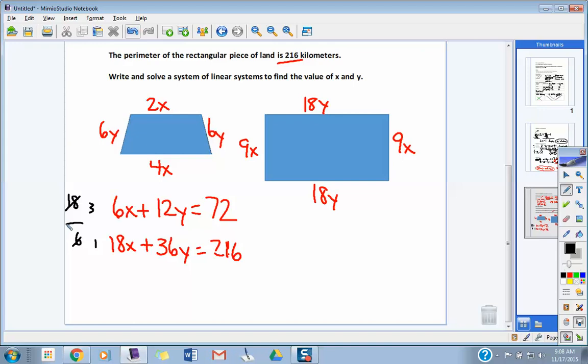I'm going to multiply the top by 3 and the bottom by 1. When I multiply the top by 3, here's what you get. You get 18x plus 36y equals 216. Boy, I've got a little deja vu going on. If I multiply the bottom by 1,